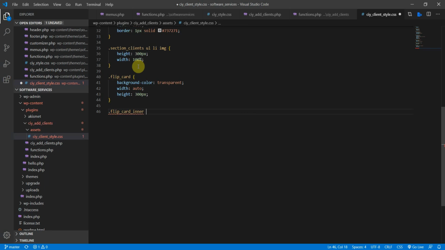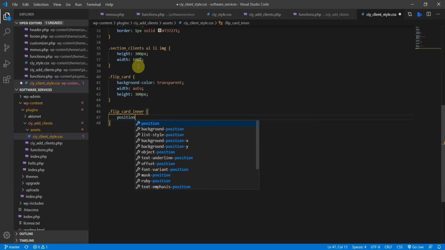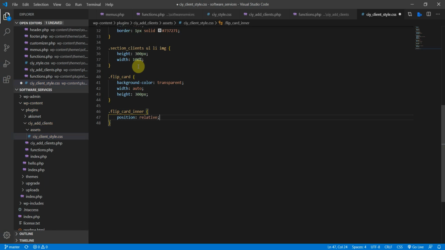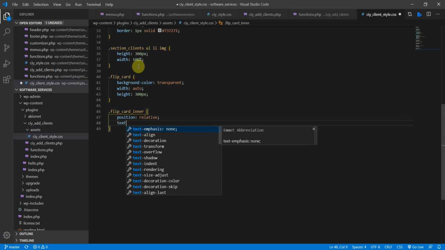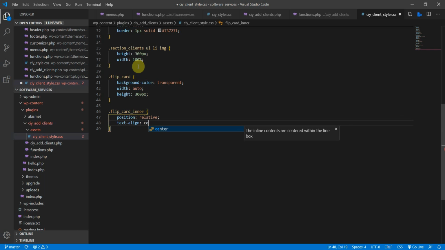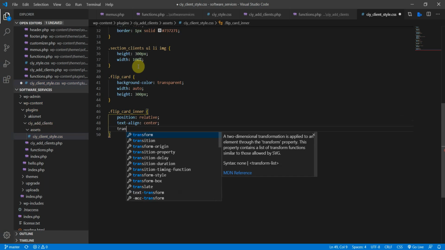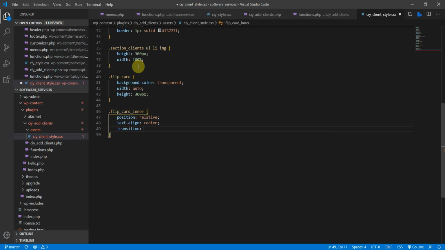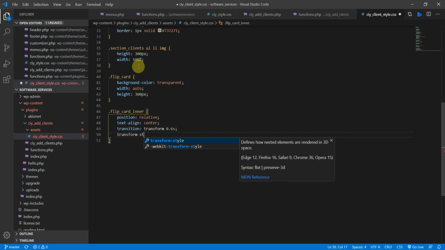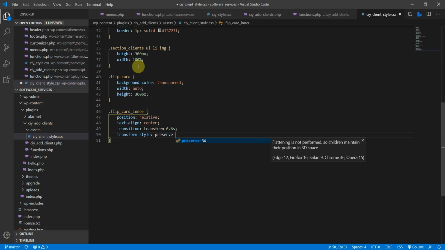Inner, like this. Okay, now the position needs to be relative, and then the text align needs to be center, and then the transition, when we flip it over, the transform of 0.6 seconds, and then the transform style, so let's see, preserve 3D, like so, and then a box shadow